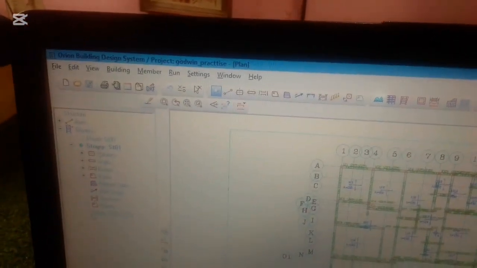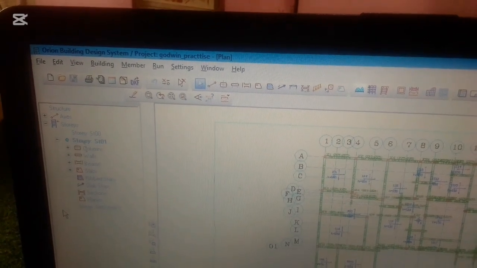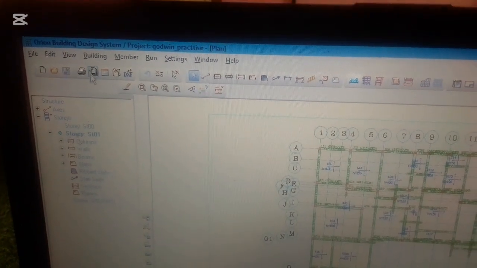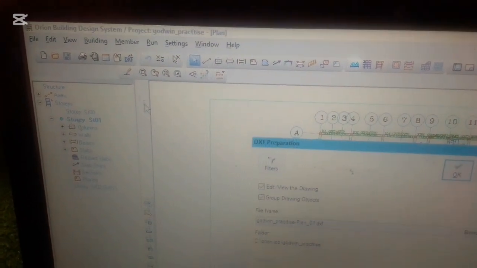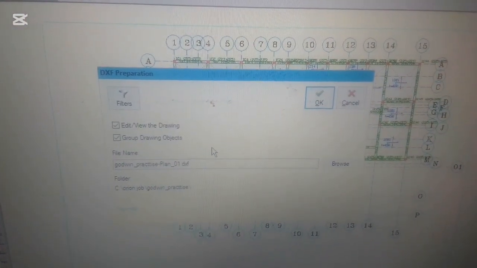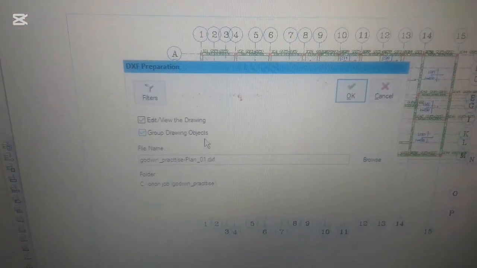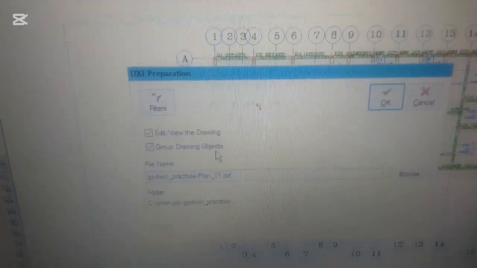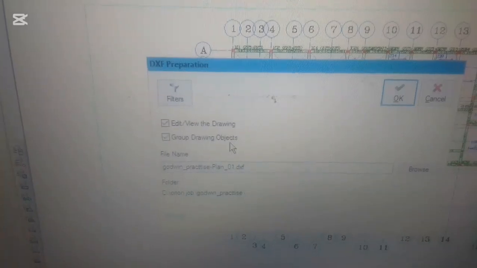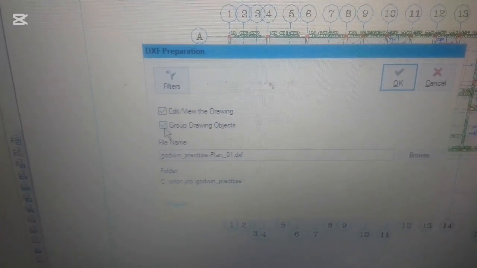So now I'm going to export. I have to click on DXF. I'm going to click on it to open up the file. So this very page has already opened and it's telling me either to group. It's already grouped there. That piece is already ticked as group, but